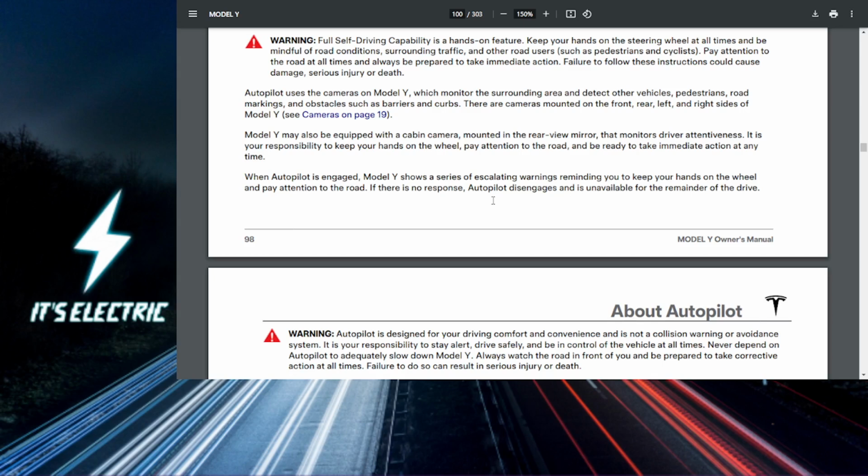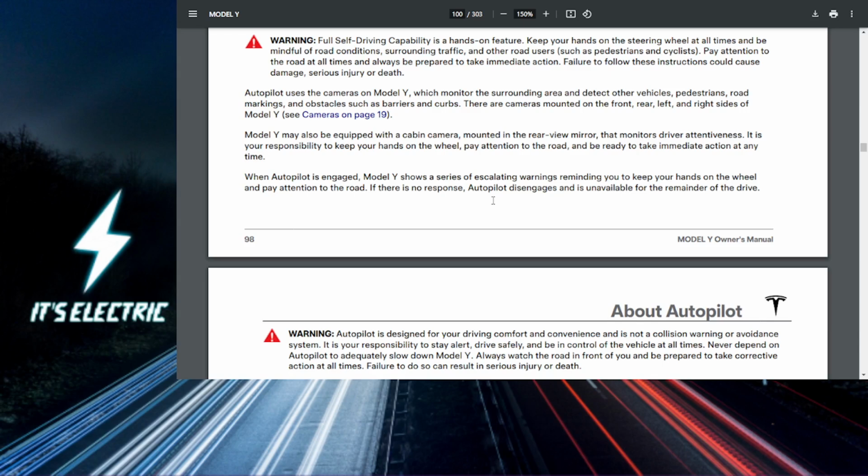You need to monitor the system, guys. As you drive, I want you to keep an eye on the road and the screen. You want to navigate on Autopilot, and it will display directions and alerts for lane changes. You'll need to confirm these things, okay? You can't just let it do its own thing. It won't do that. You need to confirm these actions by tapping on the turn signal to execute a lane